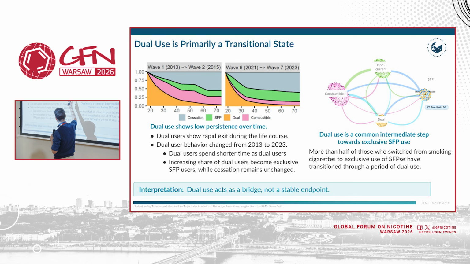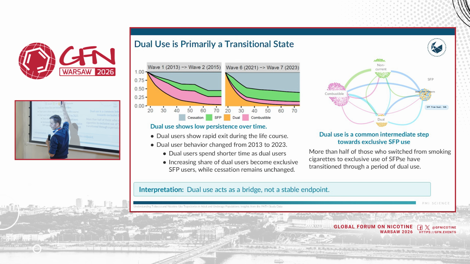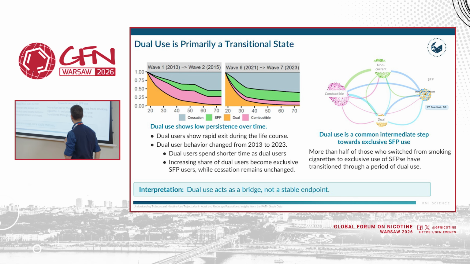And again, let's compare it with the later waves. The dual use period has shortened, or is expected to shorten. Right? This typical 18-year-old dual user has roughly a 25% chance to stay a dual user in 10 years. So 75% of them would have done something different, and most of them would have quit or moved to a smoke-free product, while a smaller portion of them would move back to exclusive cigarette smoking.